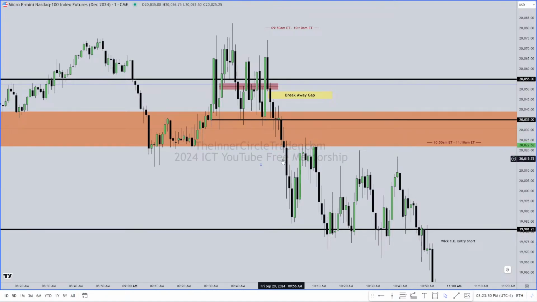And the macro is this. It looks back through the previous session. That's all it's doing, folks. It's very simple. It's going back through the previous session: overnight, yesterday afternoon, this morning, London, Asia. It's just cycling back through the previous session. That's all these things are doing. This gap here tells me that I'm absolutely seeing what I expect to see, which is it's going to drive down to here. So once we enter with this candlestick here, inside this orange box, that's yesterday's first presented fair value gap between 9:30 and 10 o'clock.